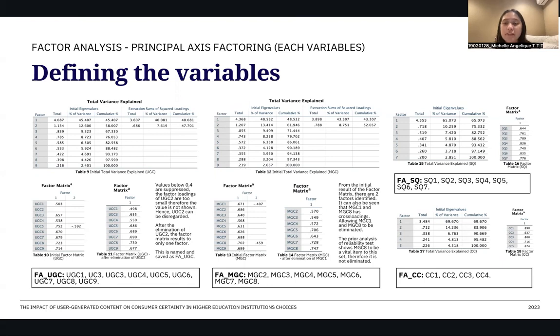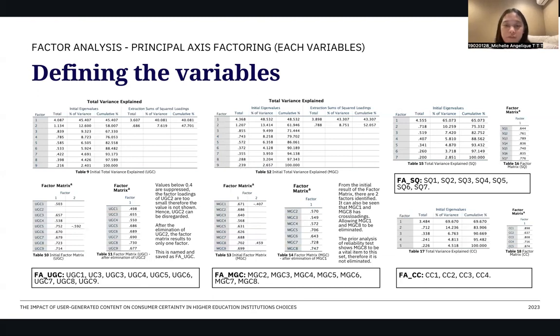On the other hand, in the section MGC, from the initial result of the factor matrix, there are two factors identified. It can also be seen that MGC1 and MGC8 have cross loadings, which would allow MGC1 and MGC8 to be eliminated. However, the prior reliability test analysis, seen previously, shows MGC8 to be a vital item to the set. Therefore, it is not eliminated, and instead we eliminated MGC1, and the elimination of MGC1 results in